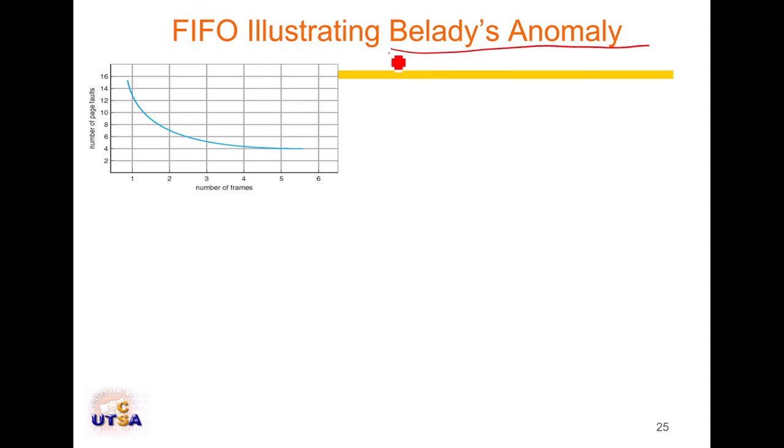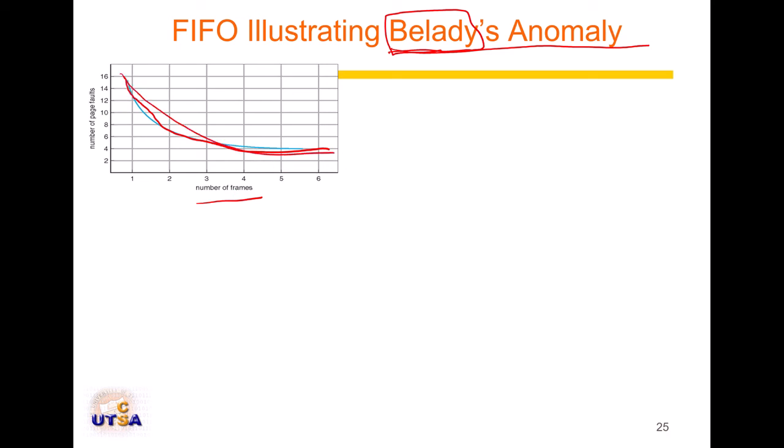That's a guy who found out this problem. Basically, heuristically, if I give you more frames, so instead of, say, 3 frames, I give you 4 frames, you would expect fewer page faults, right? If I give you enough frames, you will never see any page fault. So that makes sense. In general, that's the behavior of all these algorithms. We expect that as the number of frames increases, the number of page faults is supposed